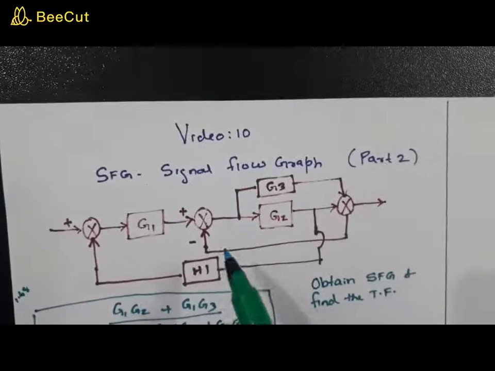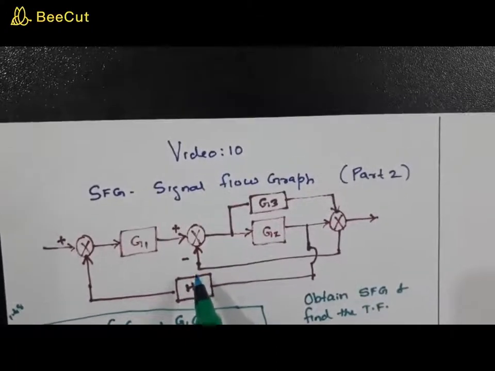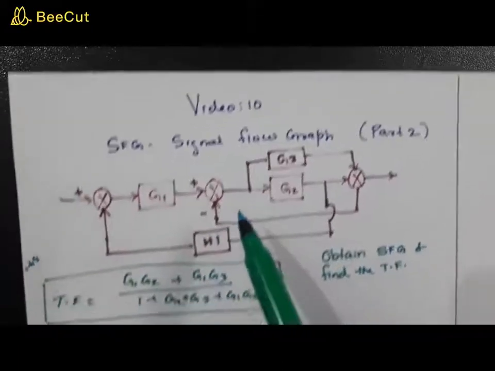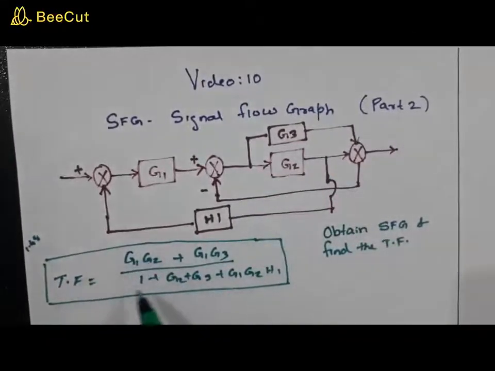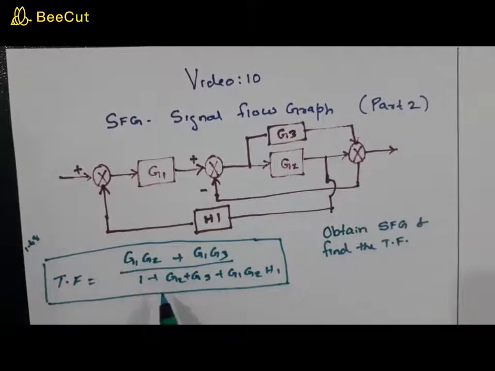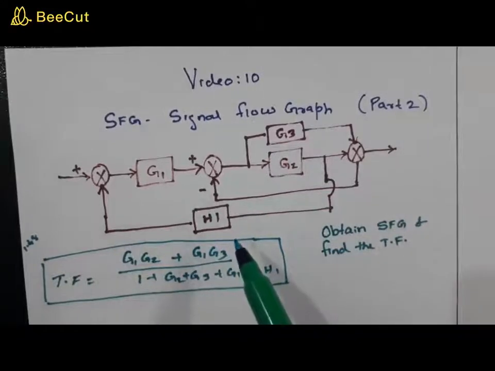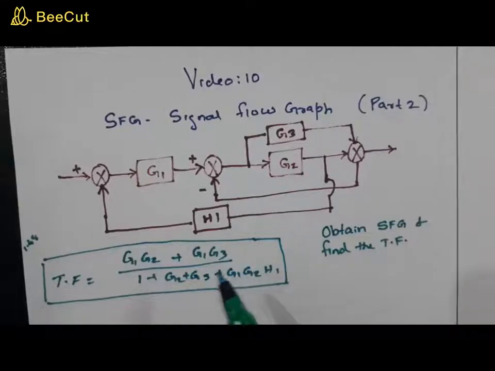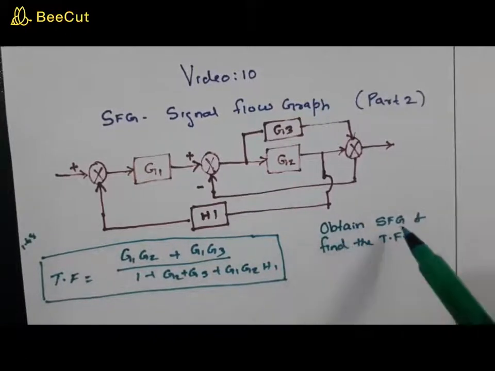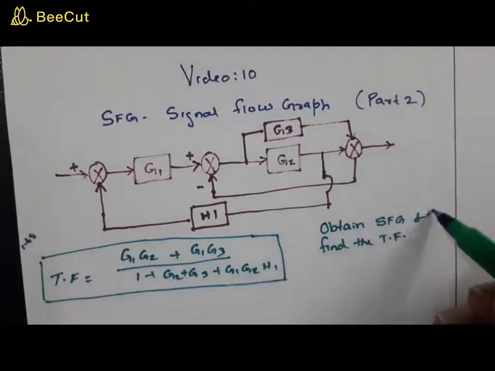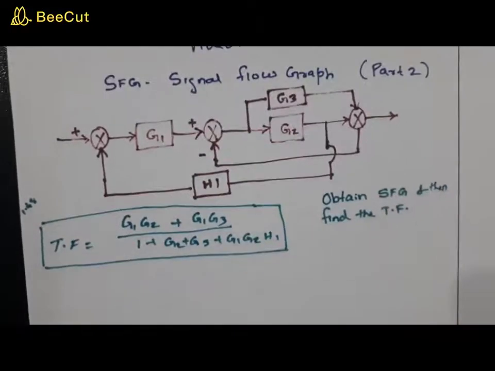Here is a question for you, a block diagram, which I asked you for homework, and you were asked to prove that the transfer function is (g1 g2 plus g1 g3) divided by (1 plus g2 plus g3 plus g1 g2 h1). You proved this by using block reduction techniques, and I think you were having about 4 to 5 steps to arrive at this. Now the same question is asked again, but you are to obtain the SFG and then find the transfer function from the given SFG